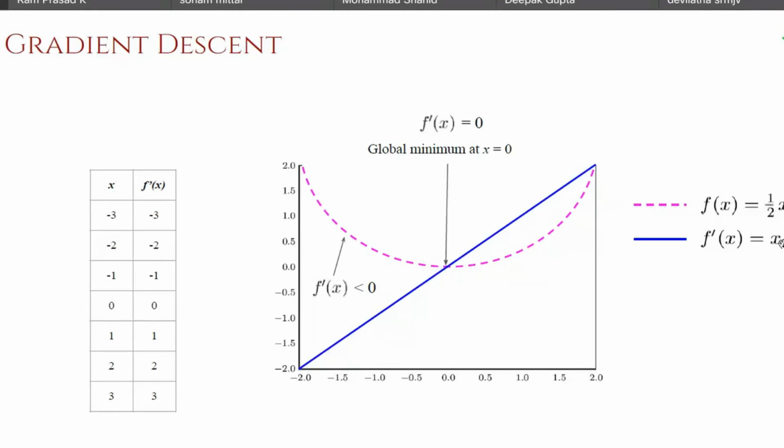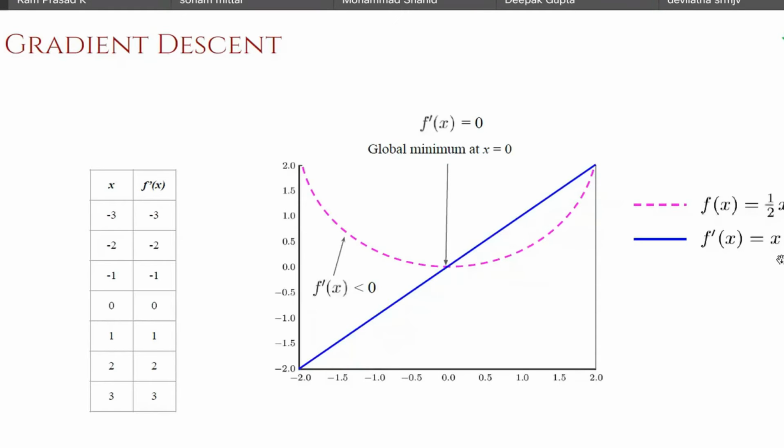We look at the derivative sign. If it is negative, let us increase x a little bit. So let us say we make a baby step of 0.5. So we make an increment: minus 1.5 plus 0.5, so it will be minus 1. Now you check whether this minimizes the first derivative. You put it in this particular function. f prime of minus 1 is minus 1. That is again a negative derivative.